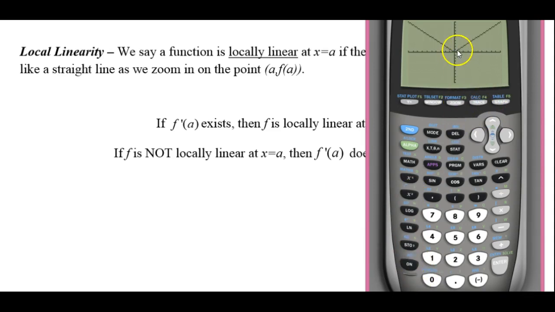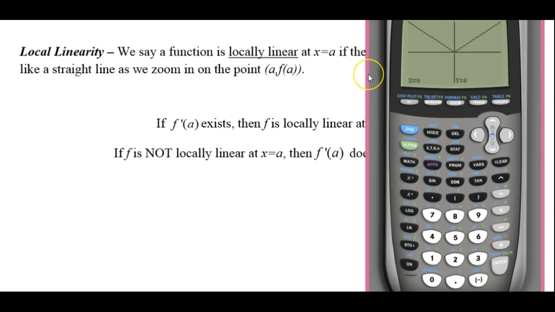If I were to zoom in now on 0, 0, where I know there's a sharp turn, so I'm right at 0, 0, and if I zoom in, let's try that one more time. If I continue to zoom in, there's really no amount of times that I can zoom in where at 0, 0, I'm going to look like a perfectly straight line. It's just not going to happen. So it's just going to continue to look like a V as I continue to zoom in over and over